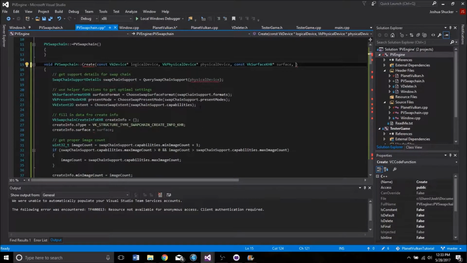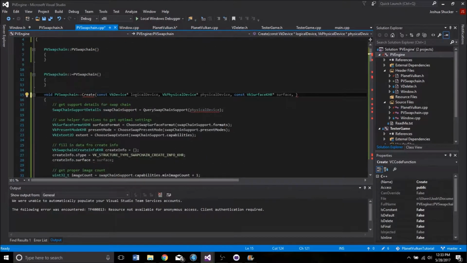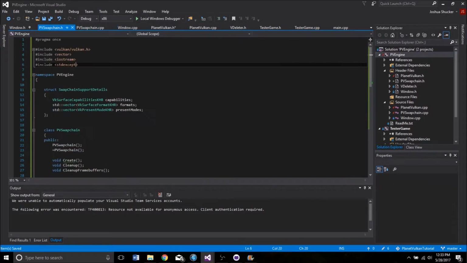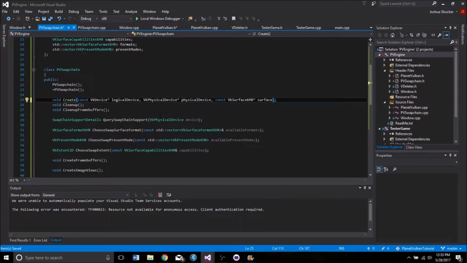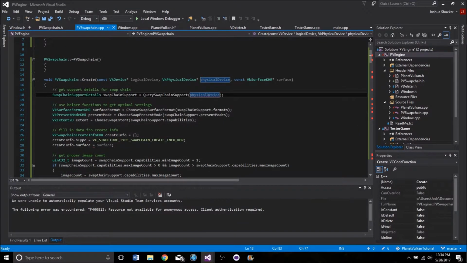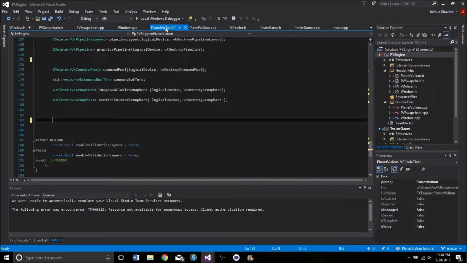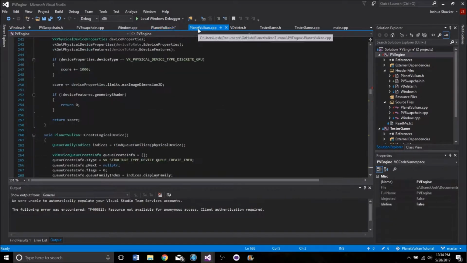And was there anything else that we're missing? Physical device. That might be all we need. So let's just take those, bring them over to the .h file as the parameters. Oh, it's because physical device is still being handled by a VDeleter. We should probably go over and take care of that. Yeah, why don't we do that? We'll come back to this. So let's hop over to Planet Vulkan stuff, and we'll work on that and then go back to the swap